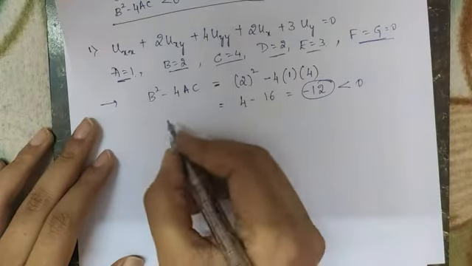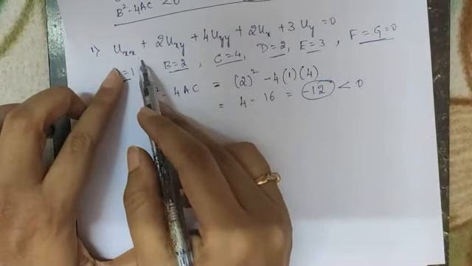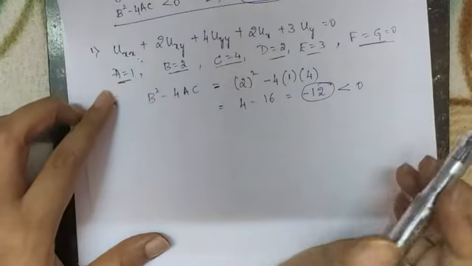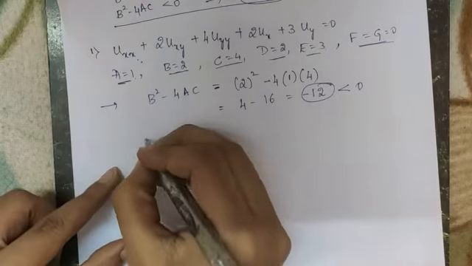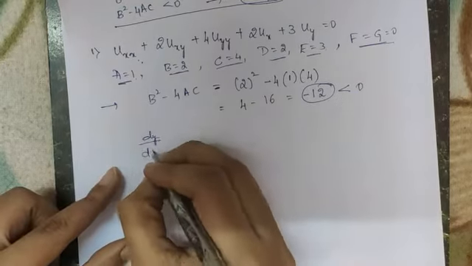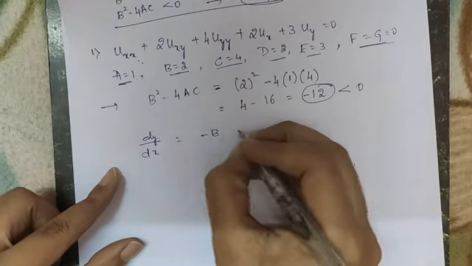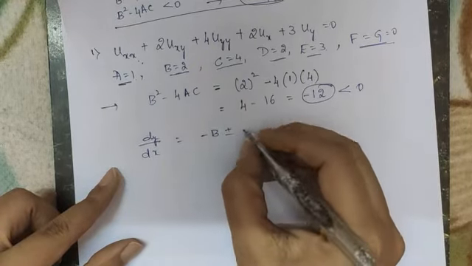So you can write that therefore the given partial differential equation is elliptic in nature. So now what I have to do? I have to consider the characteristic equation, right? That is nothing but dy by dx is equal to minus b plus or minus,